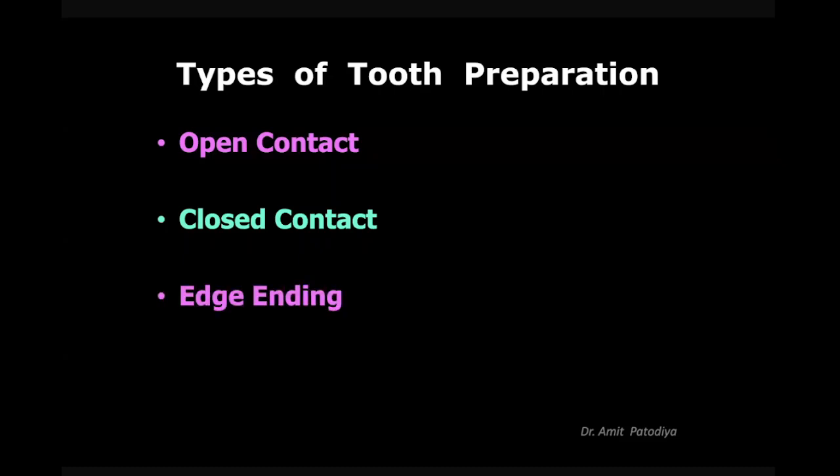Then there is something called edge ending, where I don't want to involve the incisal edge of my tooth. And then there may be a preparation like I showed in the picture, edge overlap, where I'm trimming the incisal edge and going beyond on the palatal side. So these four types of preparation you will see in the maximum of your cases. Just to illustrate,